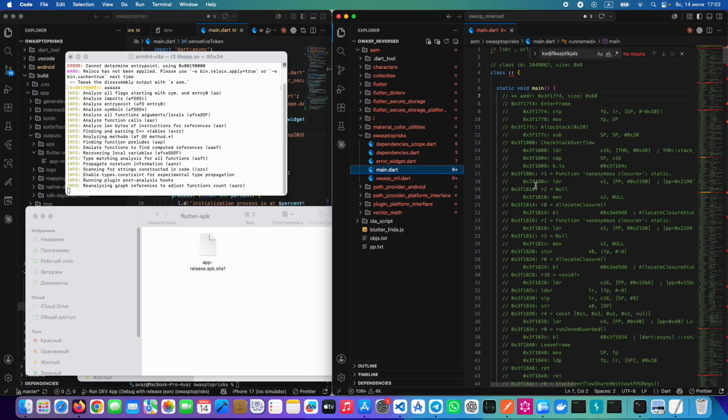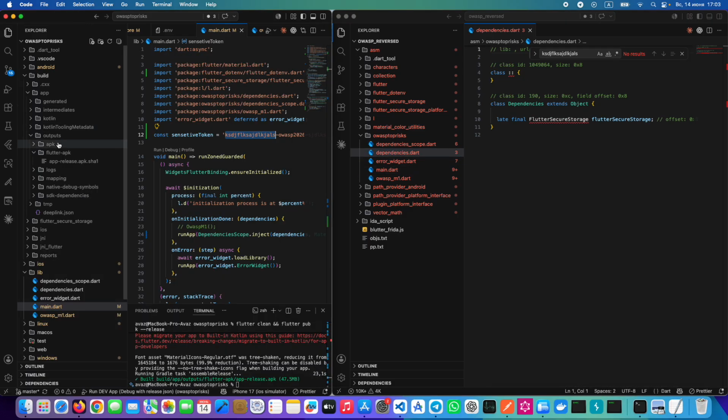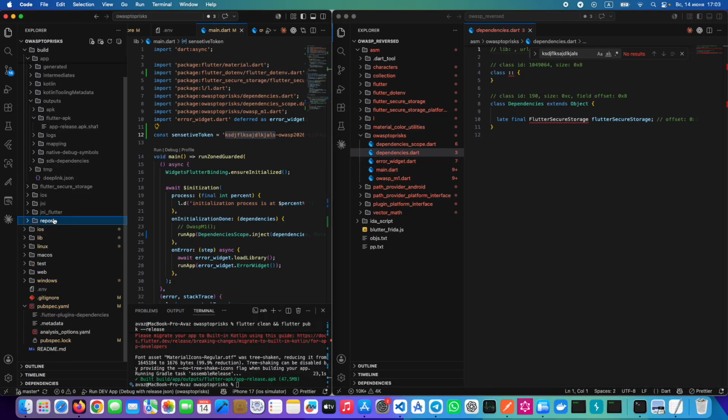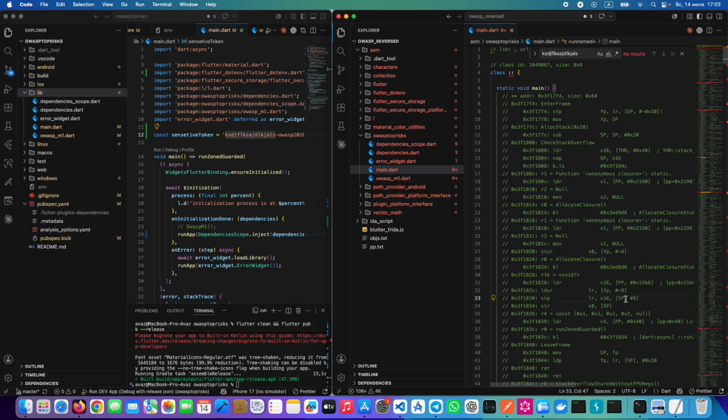Okay, it's not obfuscated. If you open your application via this one, it shows every folder that might exist in your application. It shows it very beautifully and very clearly, so that everybody who opens and reverses your application may find that, for example, it looks exactly the same, like dependency scope, the dependencies that we have right here. Look, lib folder. Let's close this one. Last stop with dependency scope, dependencies, error widget, but every code is in